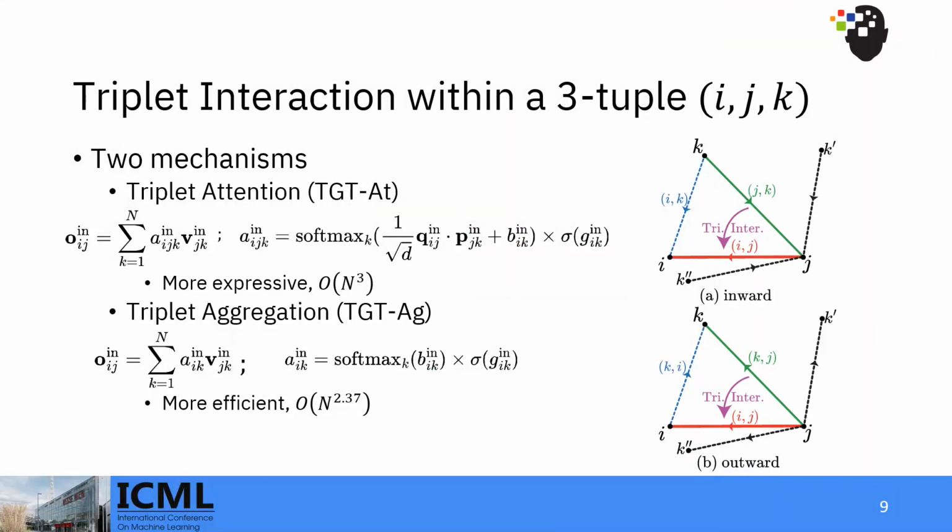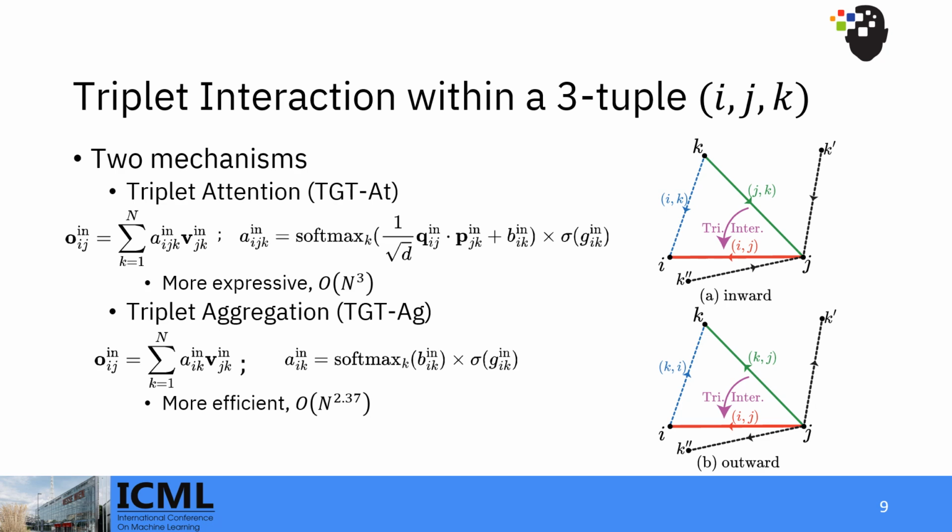We've developed two mechanisms to implement this interaction, each with its own strengths. The first mechanism is triplet attention, which we call TGT-AT. In this approach, we compute the inward update for the pair IJ using the equation shown here. The attention weight AIJK is determined by a combination of dot product attention and a gating term. This mechanism is highly expressive, allowing for complex interactions between the pairs, but it comes at a computational cost of